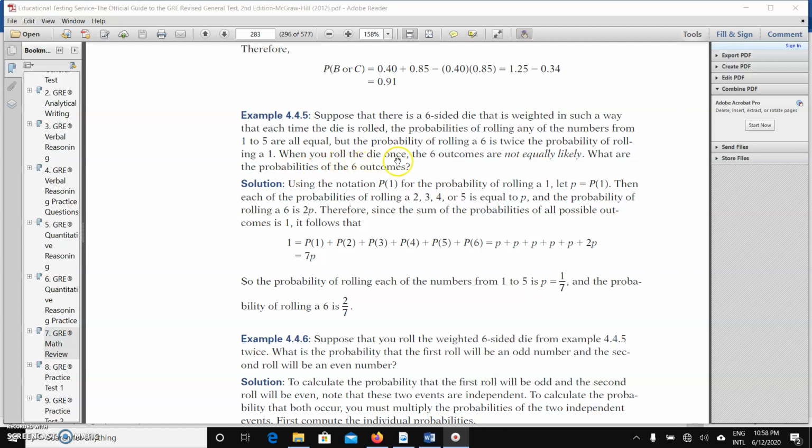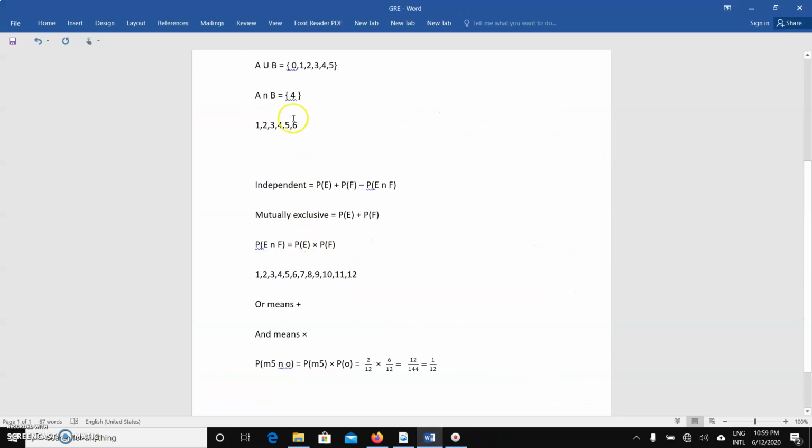When you roll the die once, the 6 outcomes are not exactly equally likely, because the last one has twice the probability. Now, what are the probabilities of the 6 outcomes? For the probabilities of the 6 outcomes, you have to add everything together. This is not common, but they are telling you that the last face of the 6-sided die has a double probability compared to 1, 2, 3, 4, 5. So it means that